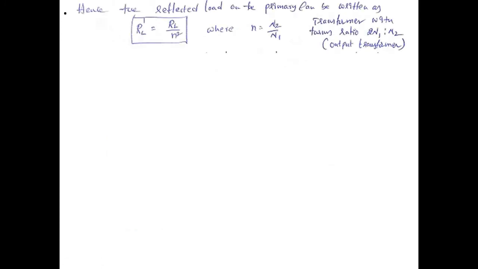Now we are using the transformer, and because of the transformer, we have a reflected load on the primary, because at the secondary you are connecting a load RL. Due to this RL connected at the secondary, we have a reflected load impedance existing on the primary. We have already discussed this, and we know the formula for RL dash, which is the reflected load impedance due to the load impedance connected across the secondary. RL dash equal to RL divided by N square, where N is the turns ratio between the secondary and the primary. N is equal to N2 divided by N1.